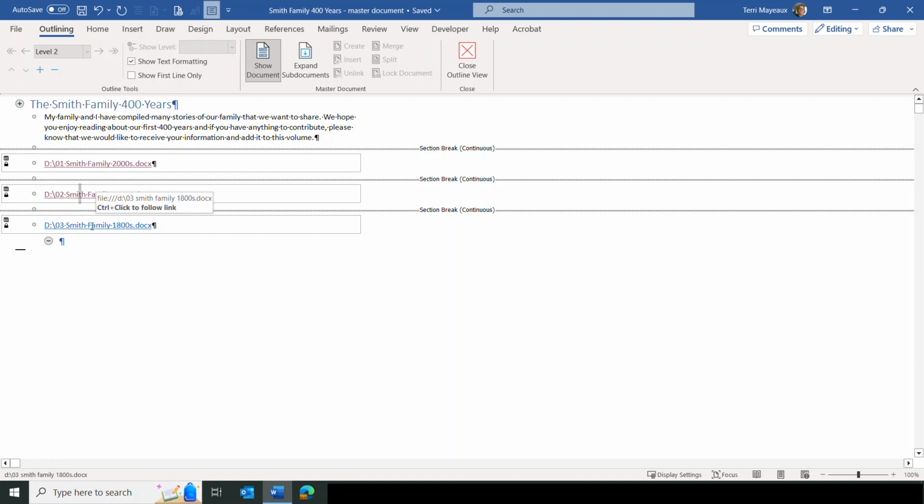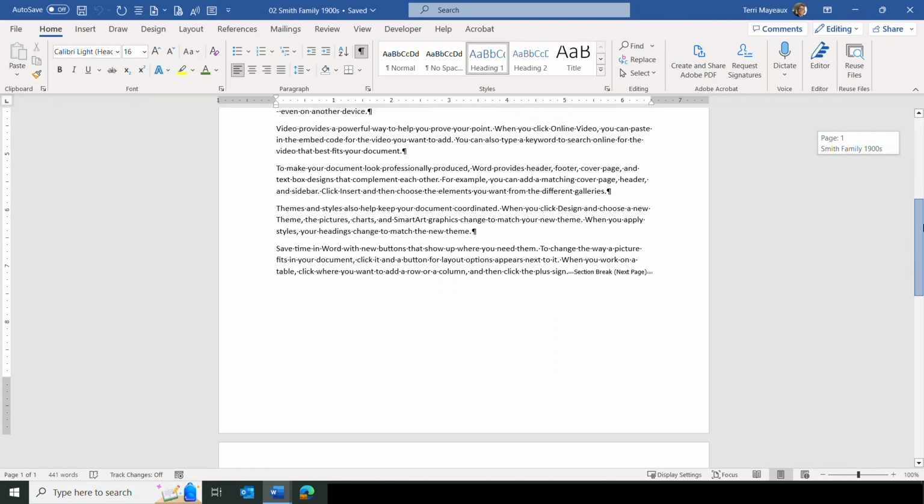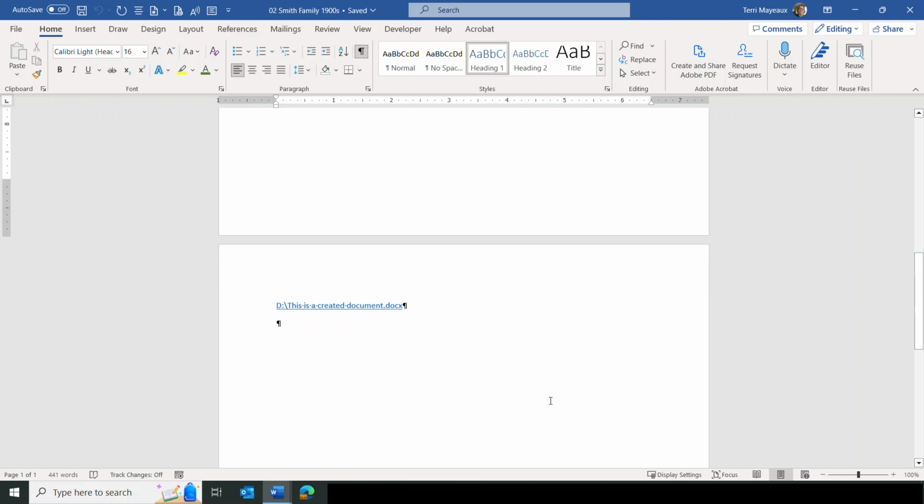Then I have Smith family. Whoops, what happened to my created section? Let's click on Smith family again. Now I can come down, and it added inside of my second subdocument. So I'm going to simply remove that and save, first of all, my second document